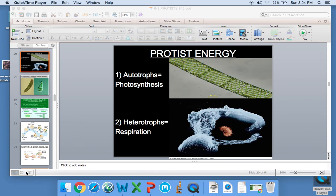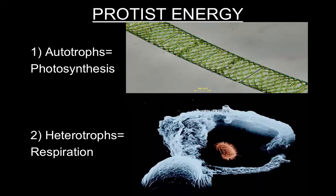Alright, let's keep going with protist energy. So protists can get energy in all sorts of ways. Some of them are autotrophs that are doing photosynthesis, and this is actually an algae that when I bring in